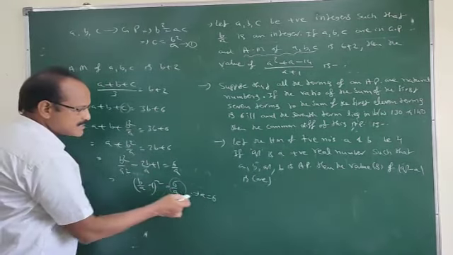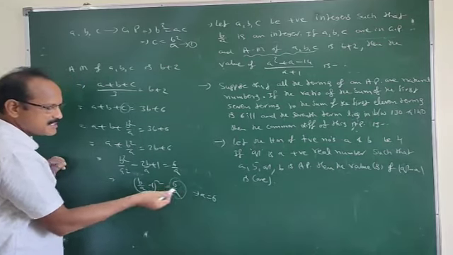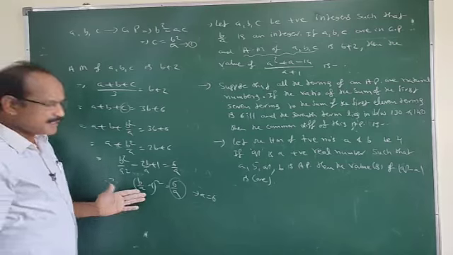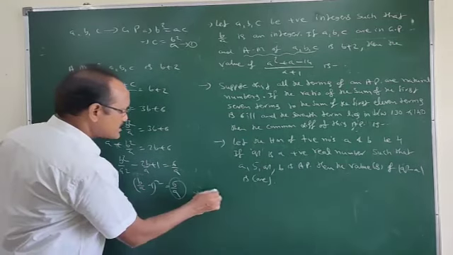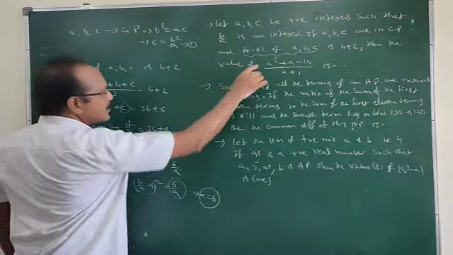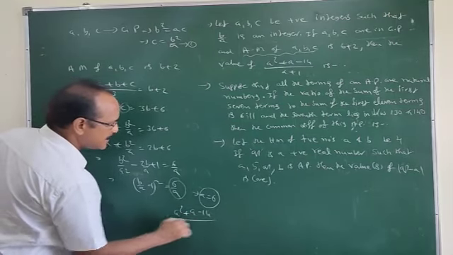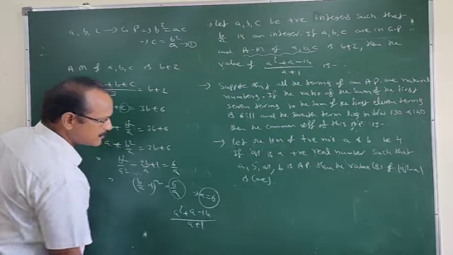When A is 6, then this term is an integer. Then RHS is an integer, and LHS is also an integer because of the given data that B by A is an integer, right? Coming to the value of A as 6, now you have to find the value of (A square plus A minus 14) by (A plus 1).